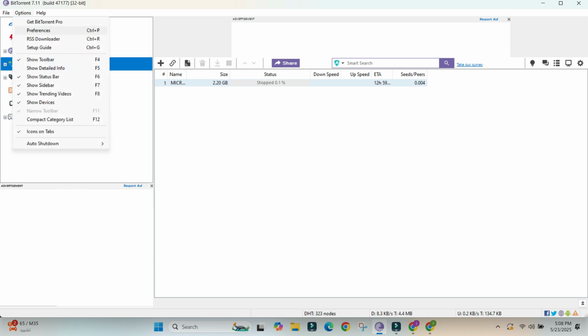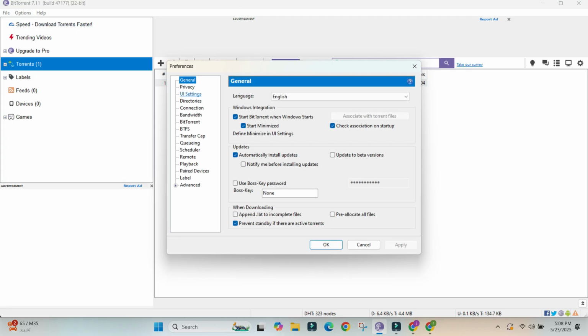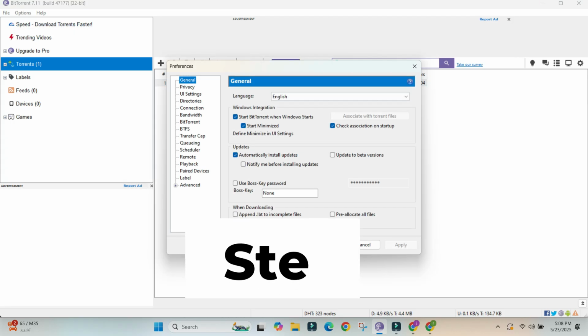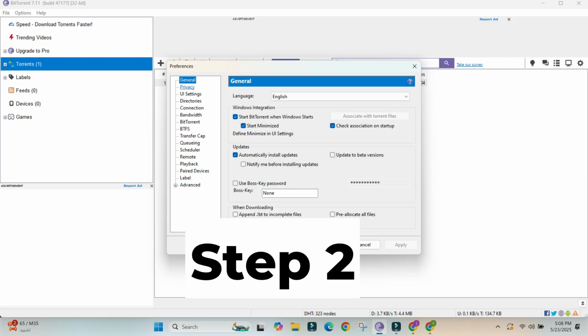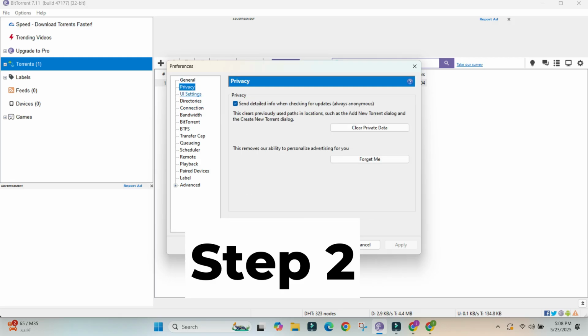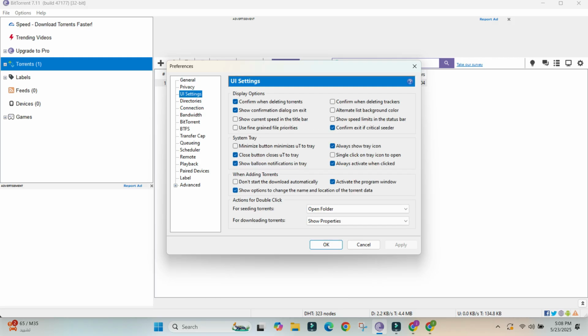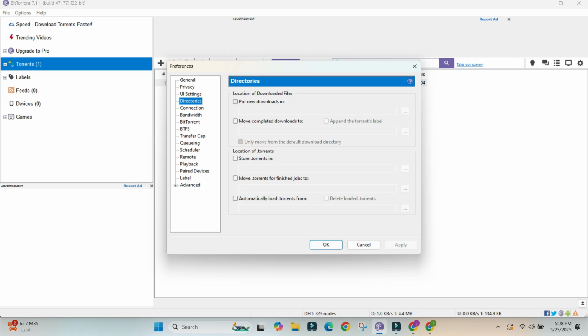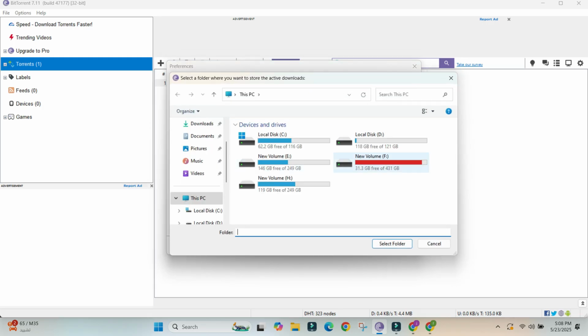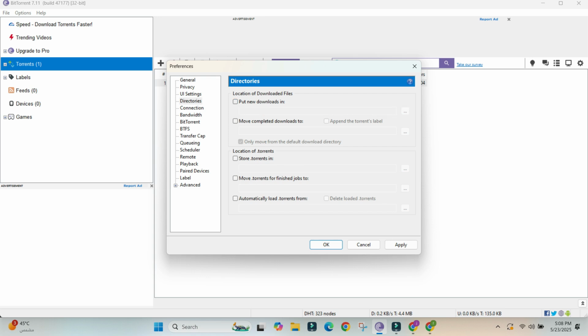I have stopped the download and gone to preferences, and now I will show it completely in detail, one by one. So you have to check accordingly. If the setting is the same, then you do not have to change it, otherwise you have to change it accordingly. Now in directories, we will start from directory. You can change here any folder as you want to download and save your file.